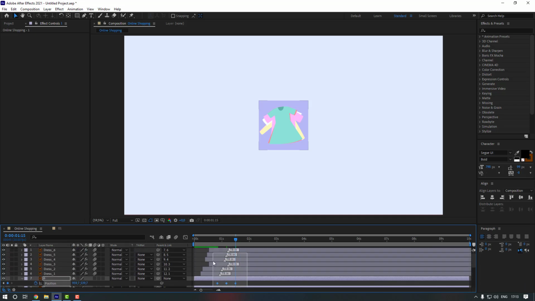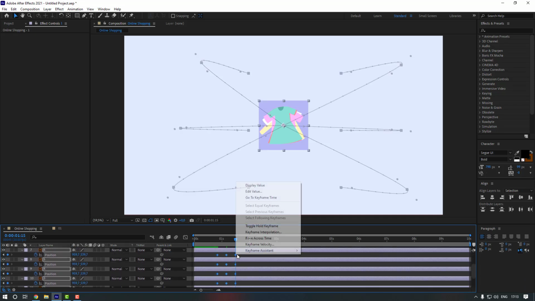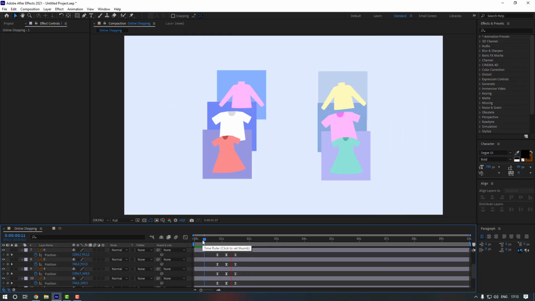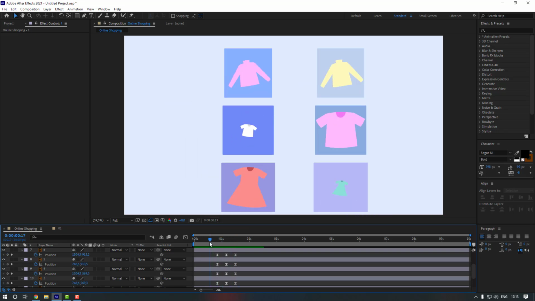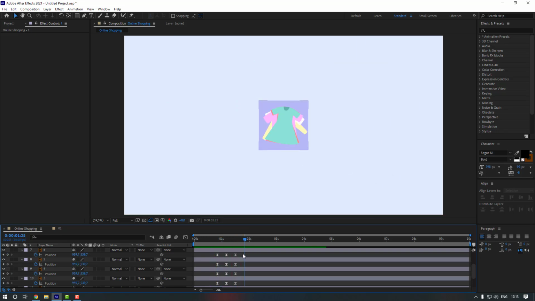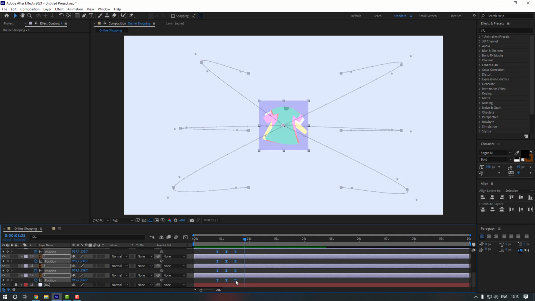Now select the keyframes and let's make them easy ease. Or you can press F9 for that. Let's see. Okay, nice, but it's a little bit fast. So let's select the keyframes and hold Alt. Let's move it to the right